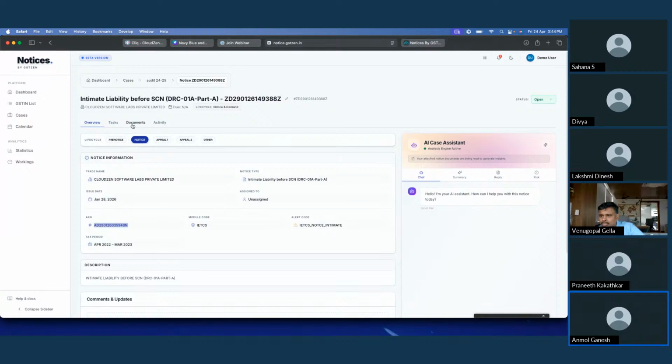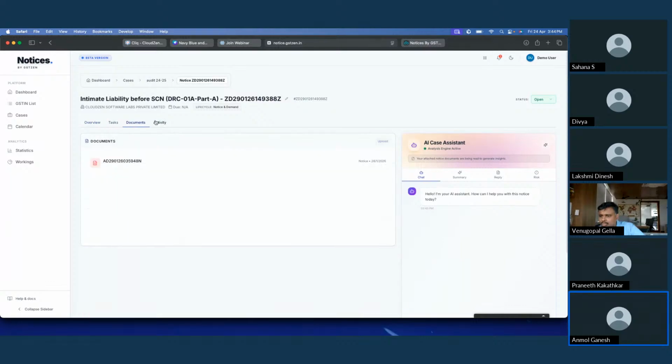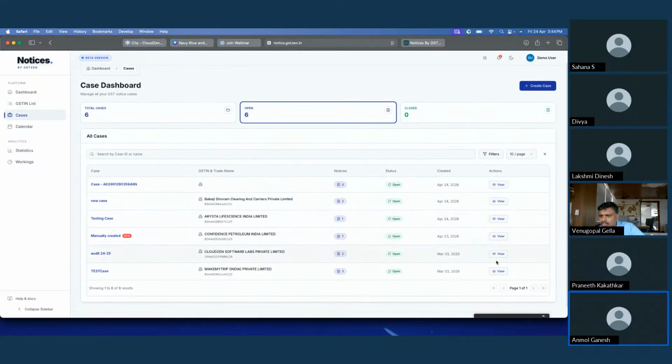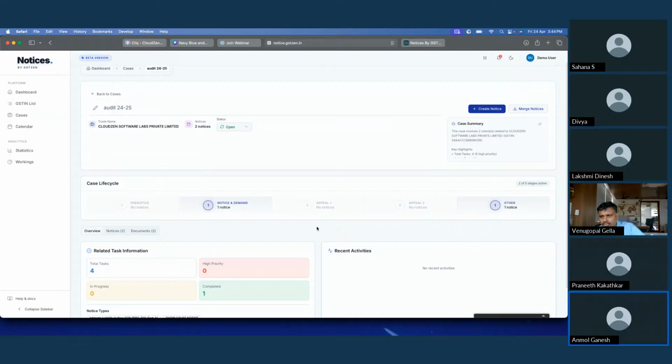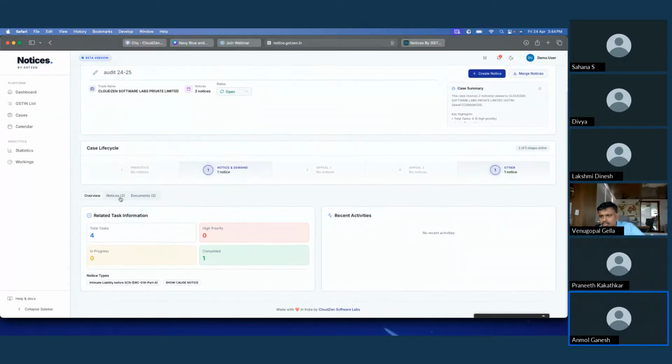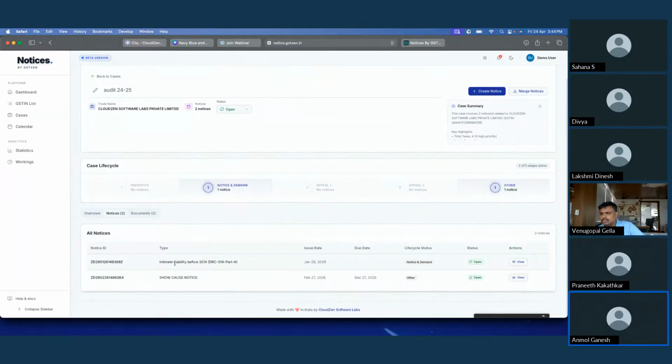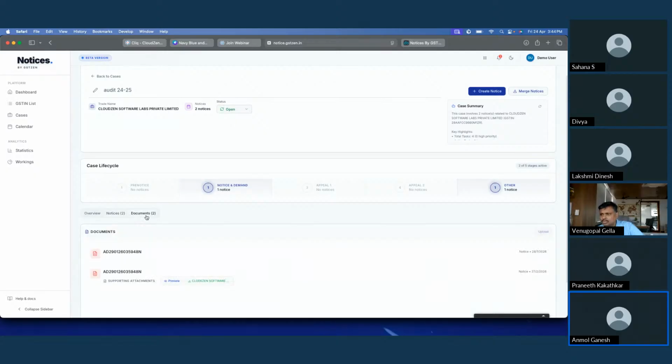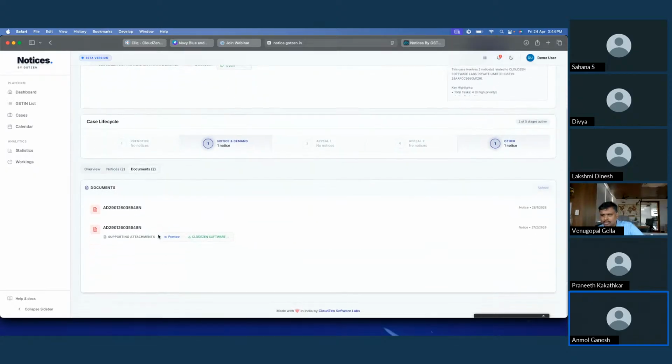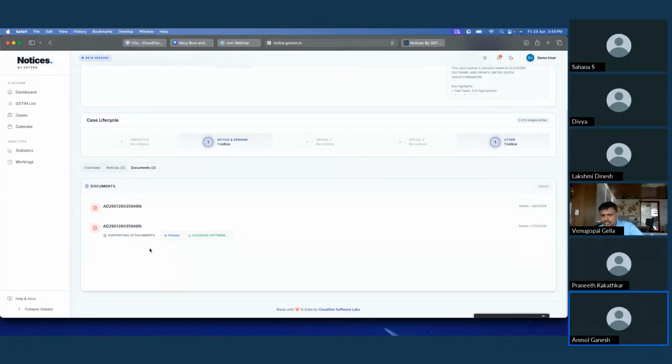Let us move to the document section. Let's go to a notice that has a proper document. This case has two notices, and let us go to the document section here. This notice has supporting attachments.